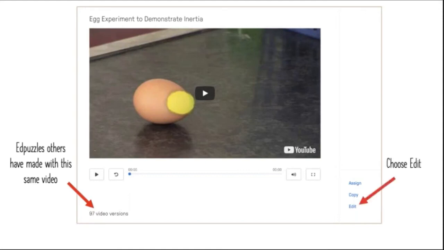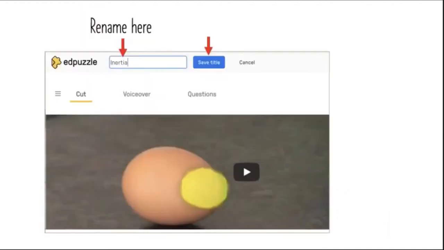So then you would click on edit. Copy and edit. If you edit it, it's also going to copy it. I just want to clarify that. So you may sometimes just be finding things and copying them, just like, hey, throw that in my account, mark that. You just hit copy. Edit means I want to go straight into also putting in questions, assigning, that kind of thing. But it's, in addition, going to be copying it into your account. Does that make sense? So you jump into edit, you rename it, you know, save it.